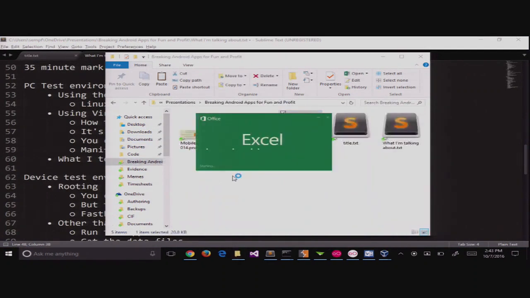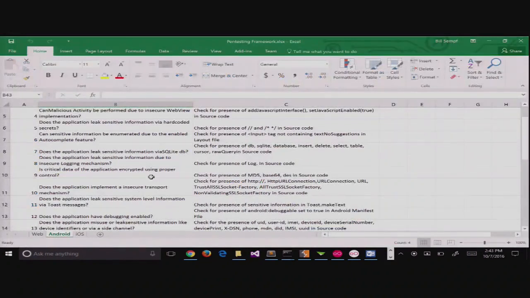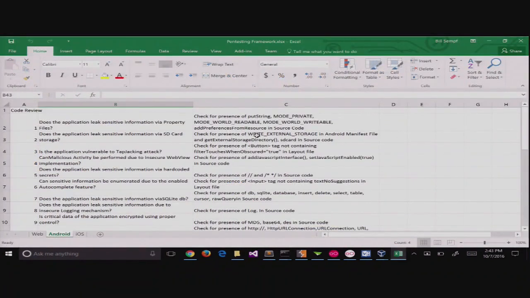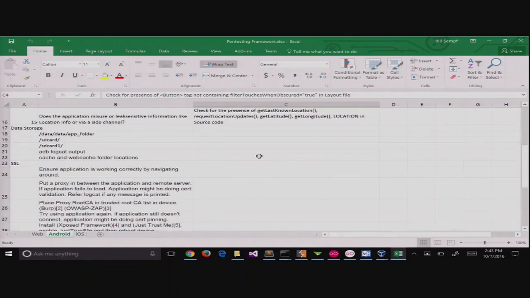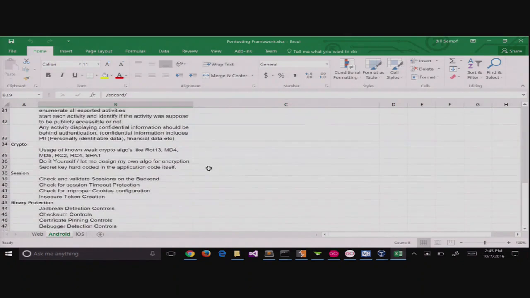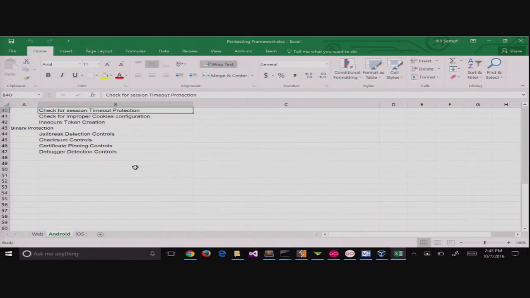So I have my own framework for pen testing. Here are some of the pieces that you search for here, and then all the other bits that I do search for. Most of this is just out of the OWASP cheat sheet, but these are the things I start with. About 40 items that I check for that I start with, and then we go from there. But working in Burp, working in Genymotion, working in VirtualBox, and working in this spreadsheet, that's how I wrap this all together into one piece.